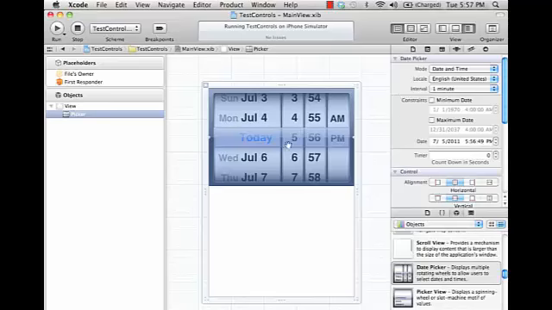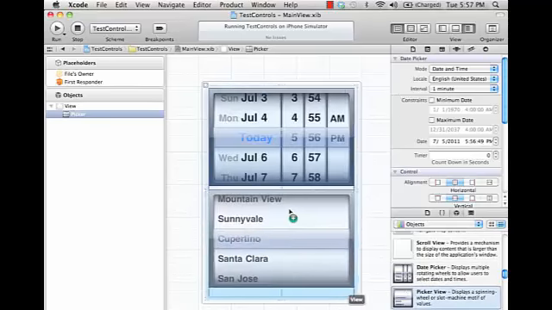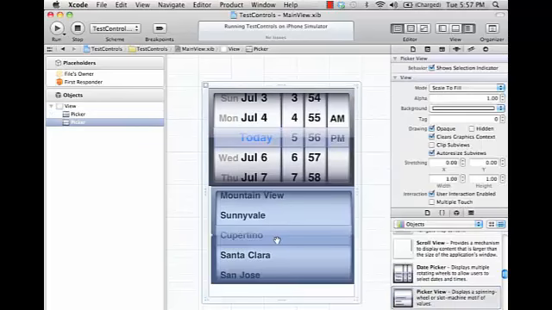But what's really interesting is actually this picker view, because this is completely customizable. This is something that a lot of times you would use a drop down to do. It's a little bit more difficult in order to do this, so kind of to know what you're getting into. With this kind of control, you have to implement a protocol for this picker view, and then that protocol is going to define some methods that you have to implement that basically provide some functionality for populating the list initially,